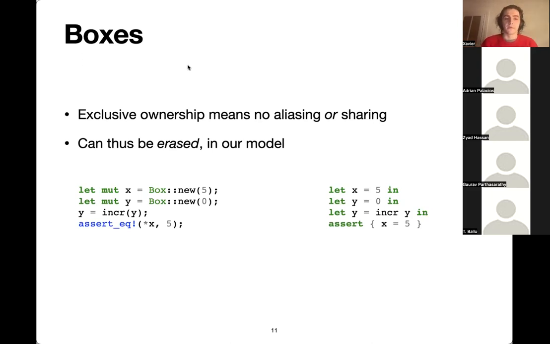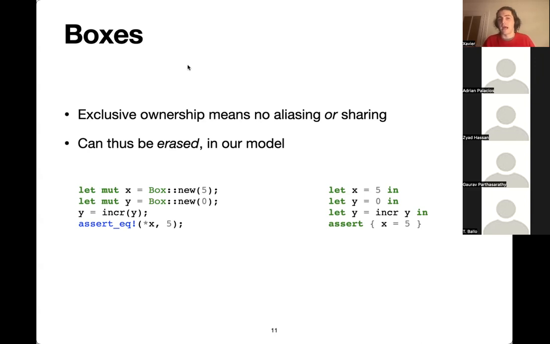Right. So the idea in this RustHorn model is that we're going to be leveraging the ownership typing of Rust to help simplify the verification conditions, right? If we start off with a simple example of boxes, as I was saying, the boxes tell us quite a lot about what's going on in the memory. There's no way to get sharing. There's no way to observe another box than the one we already have under our hands. And there's no way to synthesize access to it. These are things that aren't typically true in a language like C, where we can have all sorts of global variables that are being mutated by a function. So we don't necessarily have a guarantee in a program like C that X hasn't been changed under our feet.